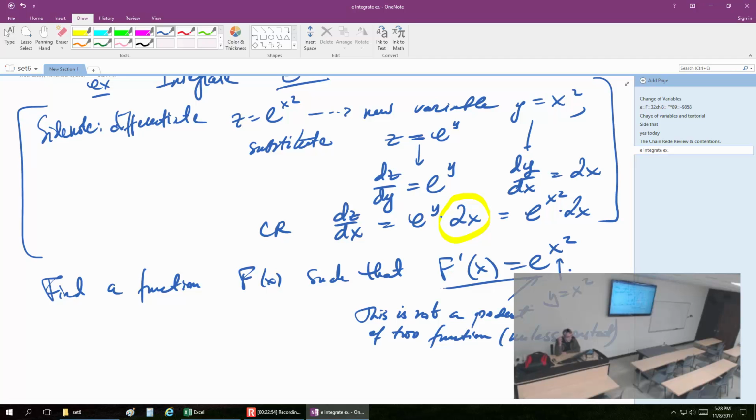Okay, and then if we look back at our differentiation, we realize that the function that we have over here, though more complicated, can in fact be integrated, and it has been integrated. So e to the x squared is hard, e to the x squared times 2x is not. Why? Well, you tell me. So the integral of e to the x squared times 2x dx is equal to